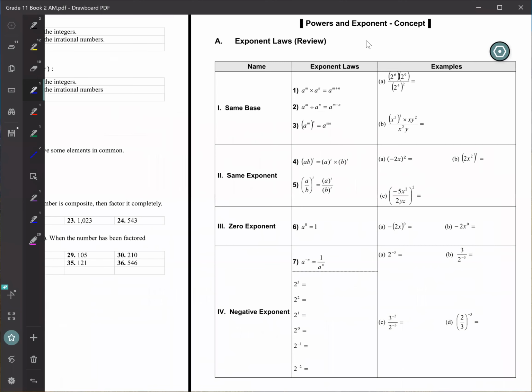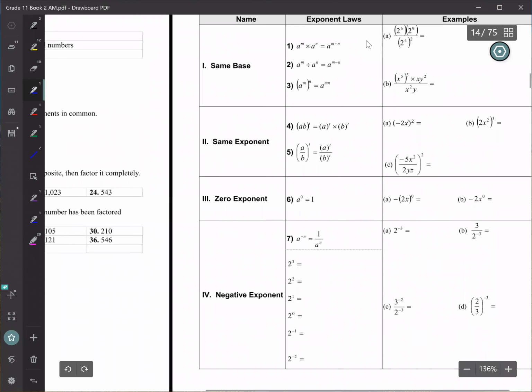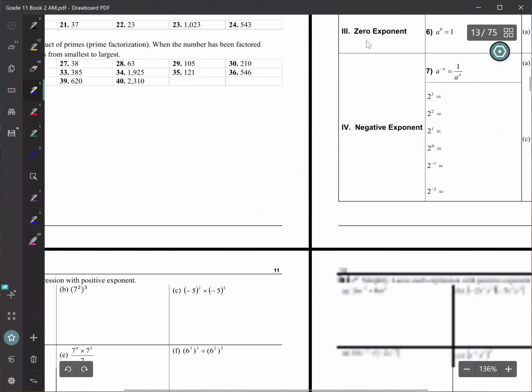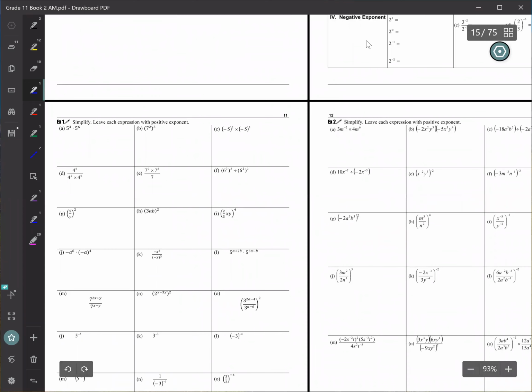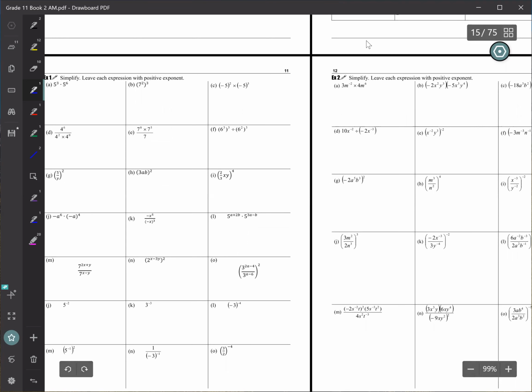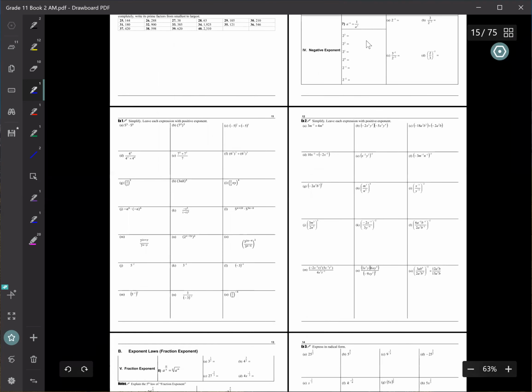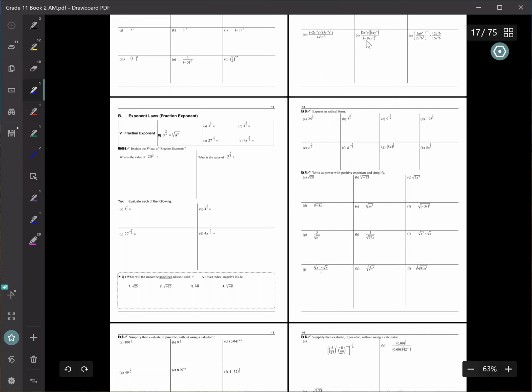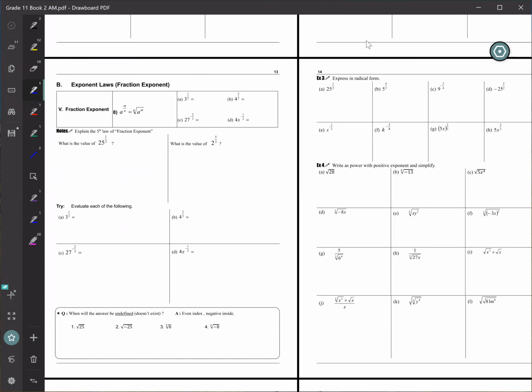So you learn about how to deal with same base, same exponents, and what happens when the exponent is 0, and then negative exponents. What does it mean when you have an exponent that's a negative number? So the next 2 pages is just reviewing some of the exercise that you've done before, okay? So first part is review, and then part B, page 13, is the new rule that we will introduce this